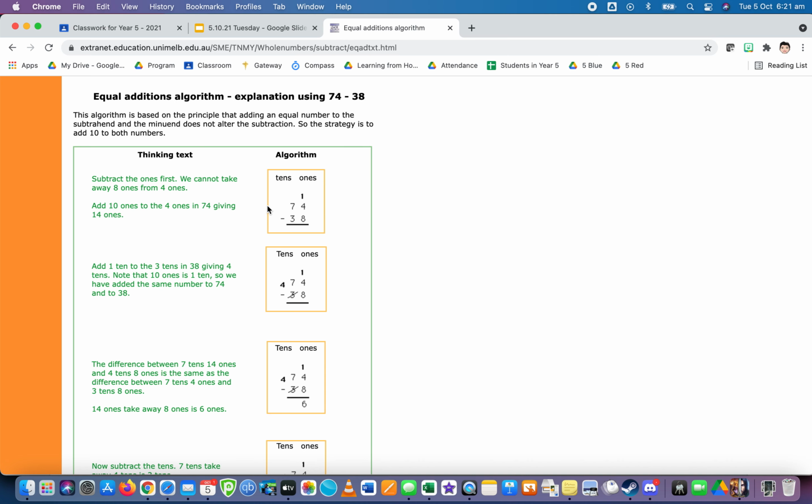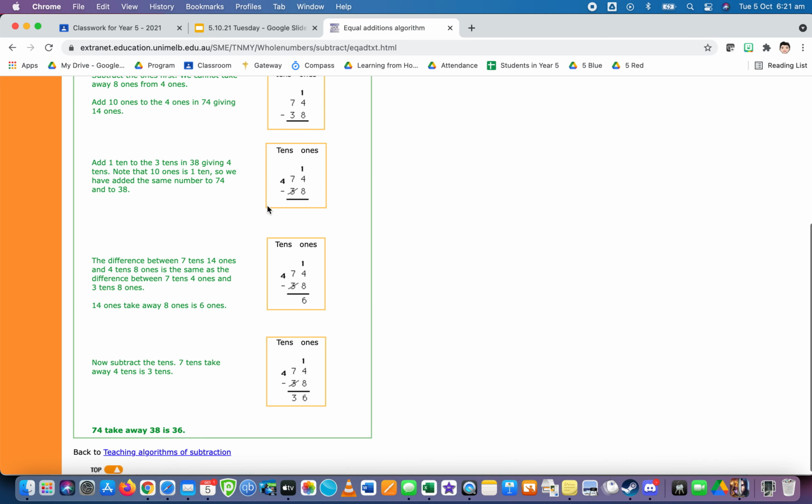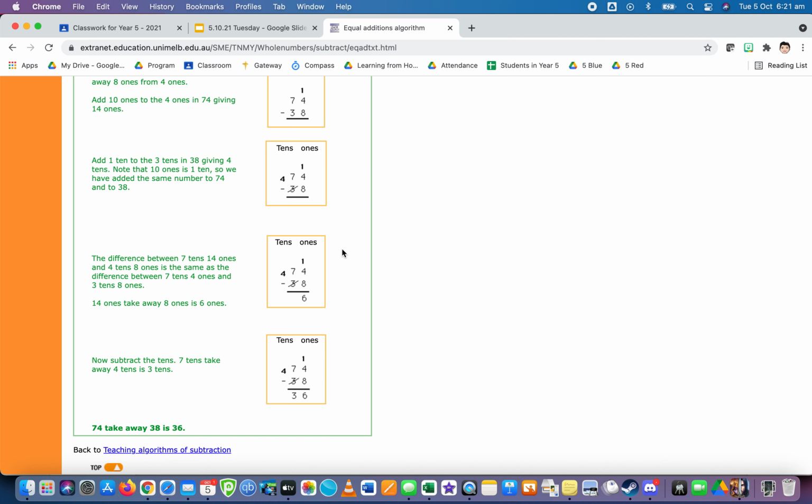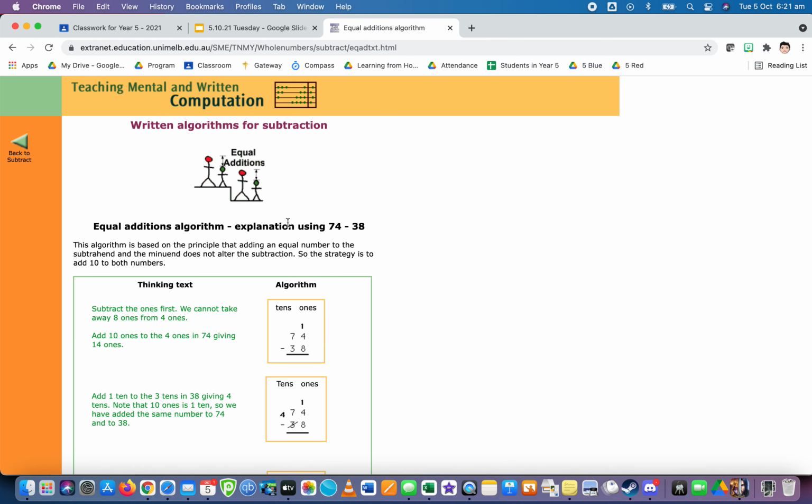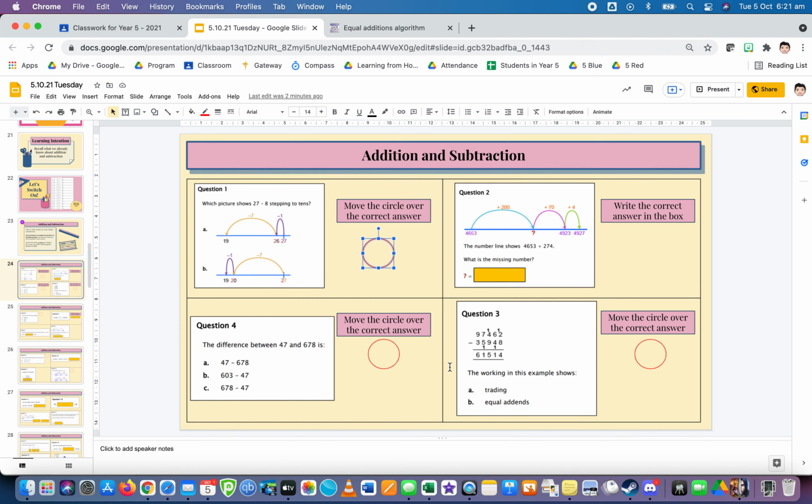Equal algorithm. Equal algorithm. 7 10s, 41s. What? Well, now I do it. I change that 6 to a 5, and then I do 5 minus 4 equals 1. But I understand if it's adding 1 here, it's taking away 1 there, but